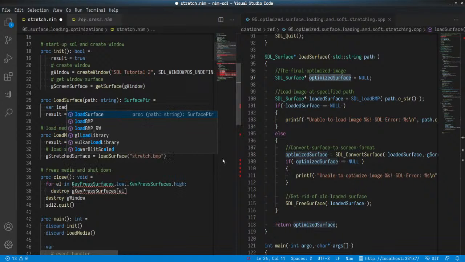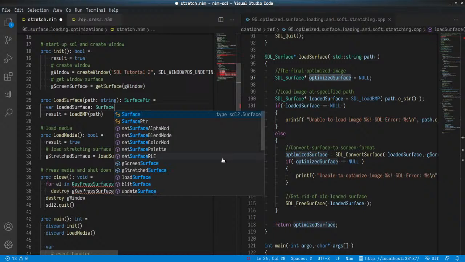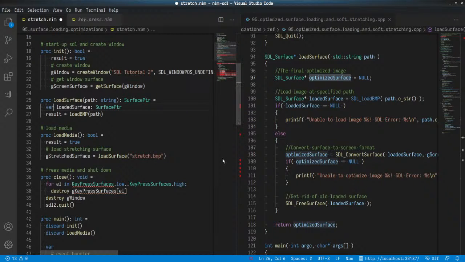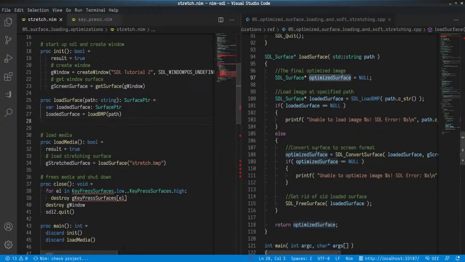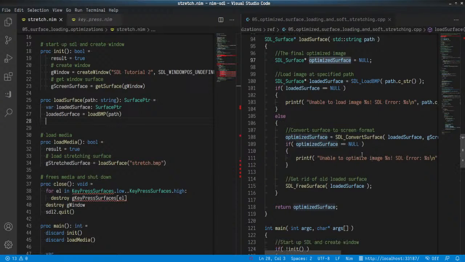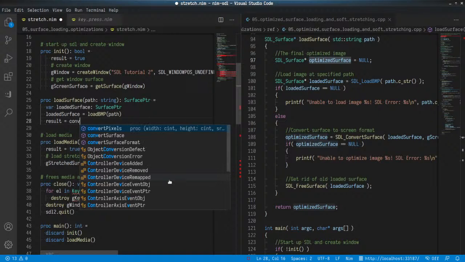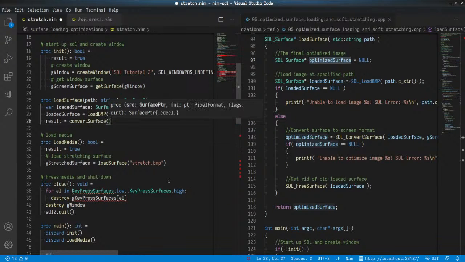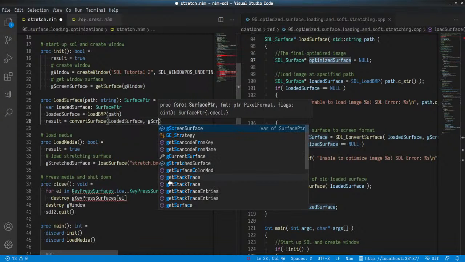So let's call this the loaded surface, and this is a surface pointer, right? Let's firstly load the surface. And then what we want to do after it's loaded is convert the surface using this. So this is actually result equals convertSurface, and we have the loaded surface, gScreenSurface,